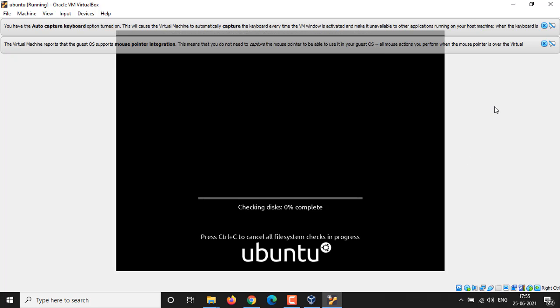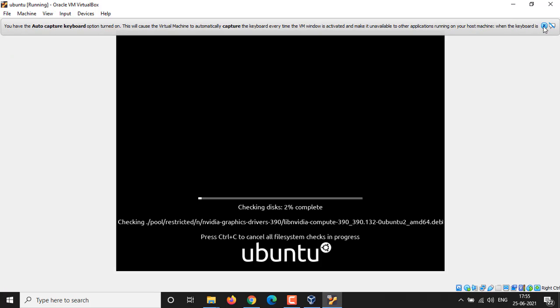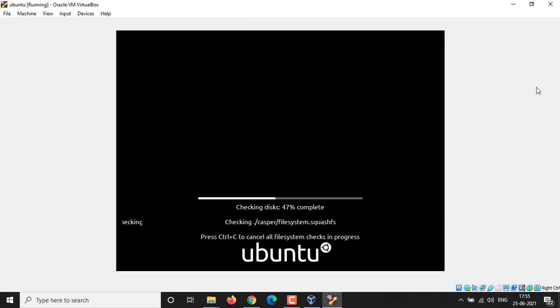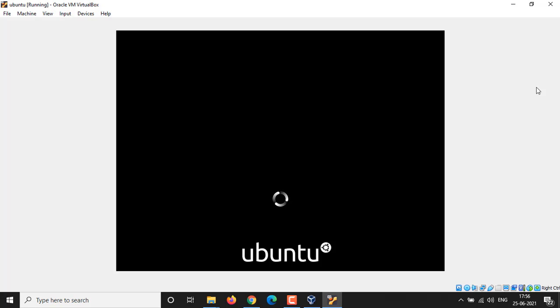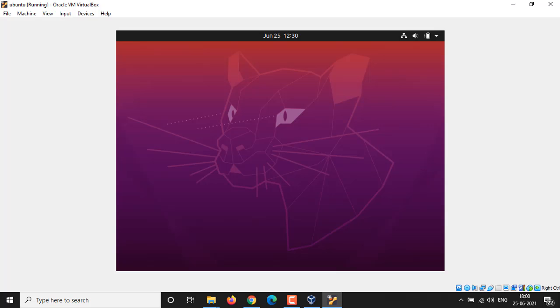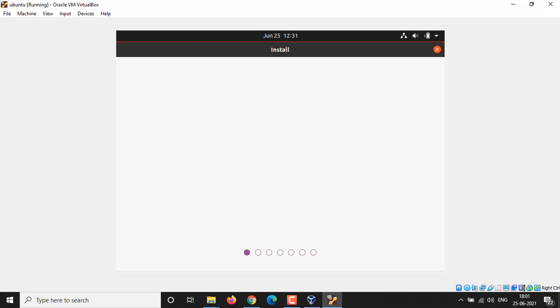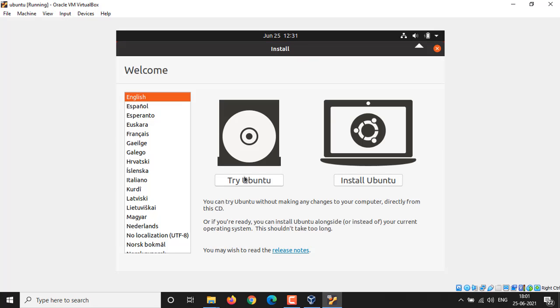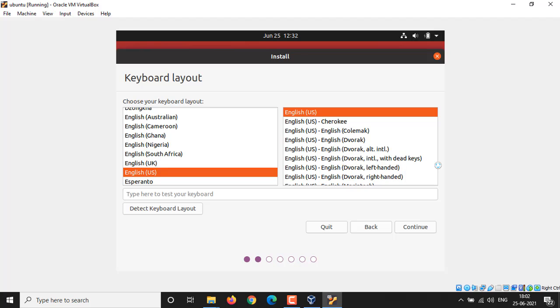It will take a little bit of time to check all necessary files. Well, now my installer window comes up. Ubuntu has a facility of live CD, meaning you can try it without installing onto your hard drive. But we are going to install it directly, so click on Install Ubuntu.